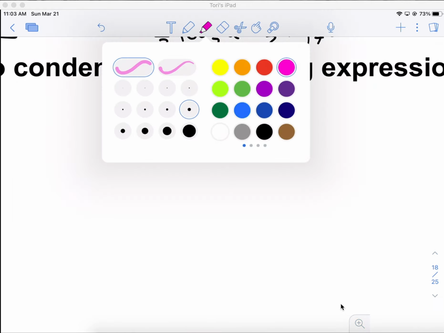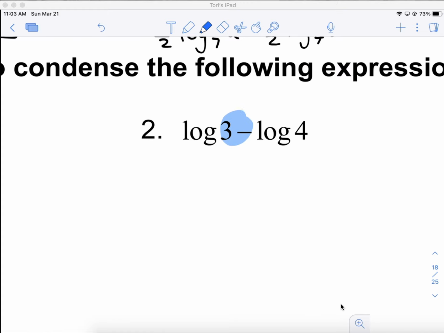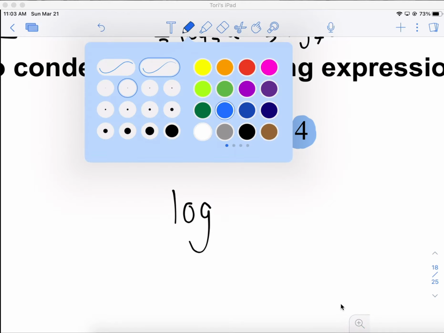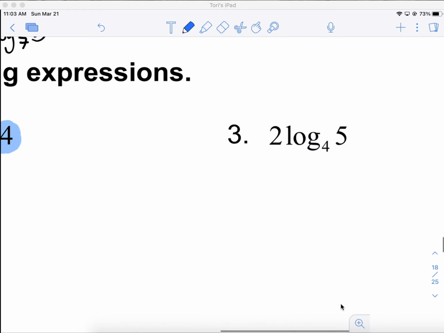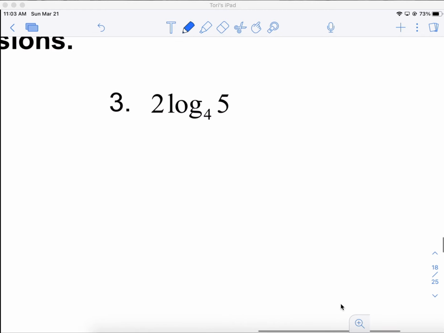On here, if you notice you have subtraction, then you're going to be putting your pieces back together. Same base, so log, except now you want to write it as a fraction, 3 over 4. That's it. Let's go to this one. If you have a number out front, you will want to use it as an exponent. So we would say